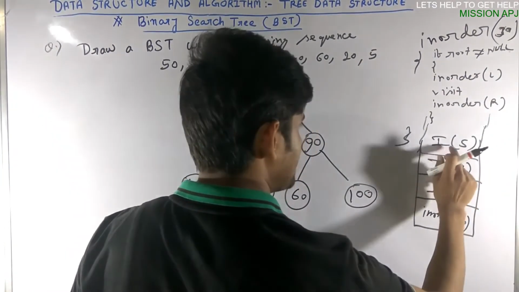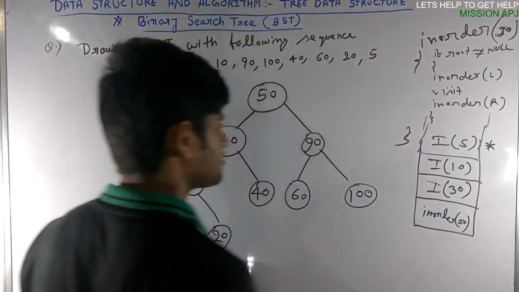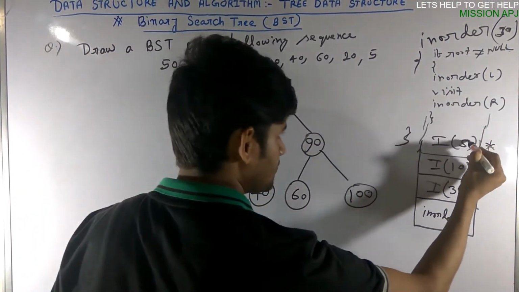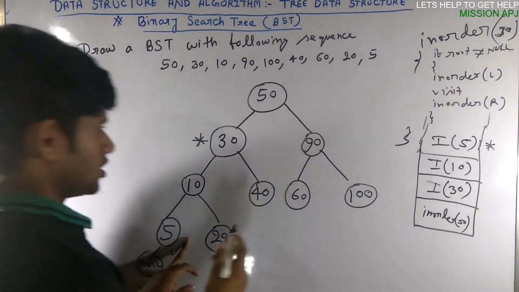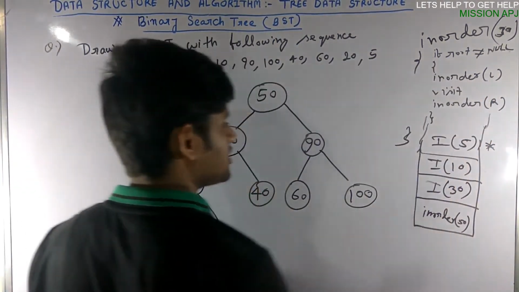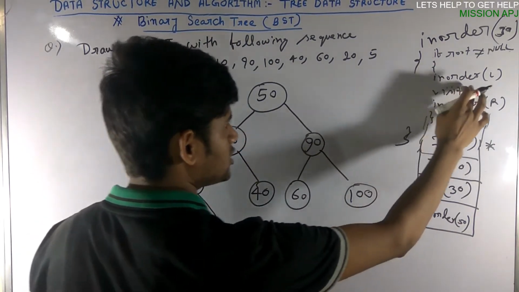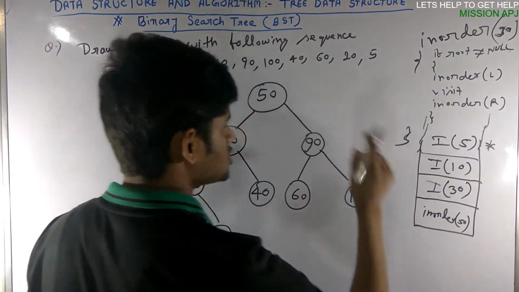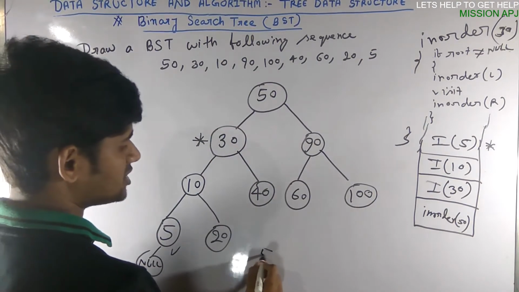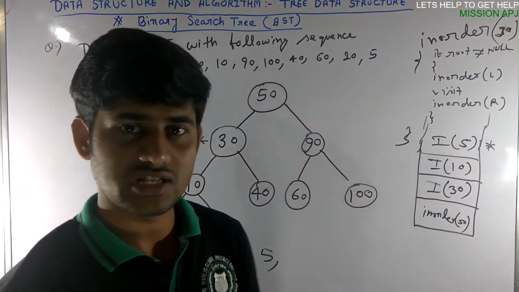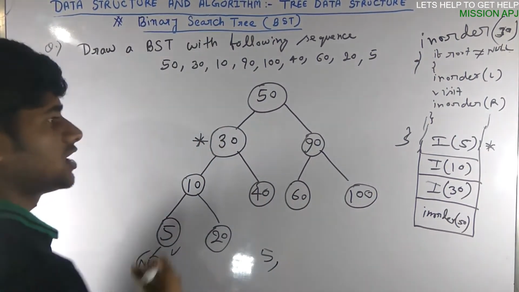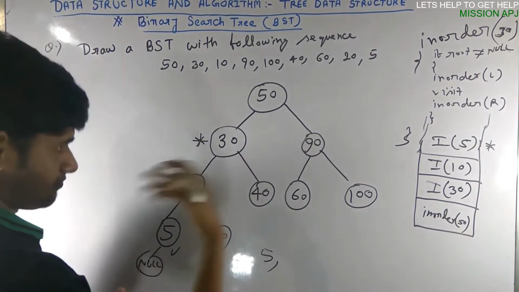Now we are presently at root node 5. So what we are doing here, after that we will visit, that means 10. Sorry, 5. We are present at 5, so we need to visit here because presently we are here. So we are visiting 5. So we have visited 5. So the first node which is visited is 5. In this way, again we will call